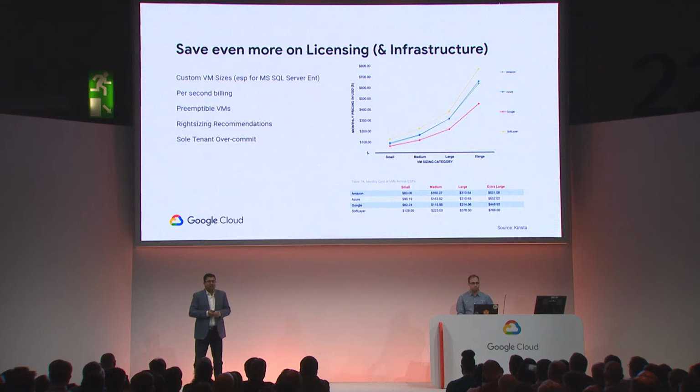As you know, many Microsoft applications are licensed based on the number of cores. And if you have large, chunky gaps in the types of VM shapes and sizes you can create, you may have to over-provision the number of cores on a VM. Because of that, you may end up paying significantly more on licensing, especially for really costly applications like Microsoft SQL Enterprise Server. GCP, on the other hand, allows you to have custom VM shapes where you can tightly fit the shape of a VM to the type of workload you are running, helping you save many, many thousands of dollars on